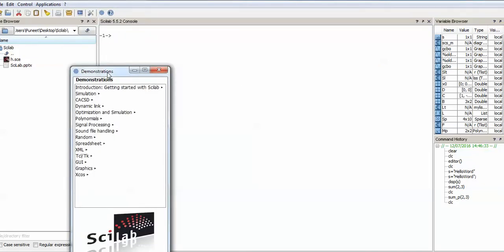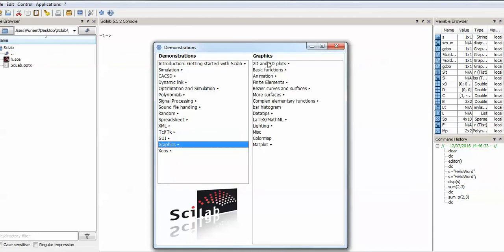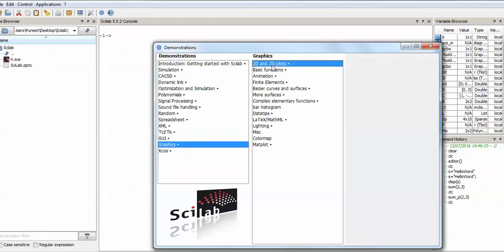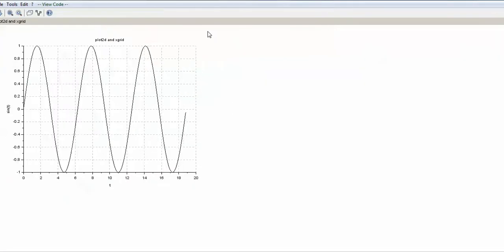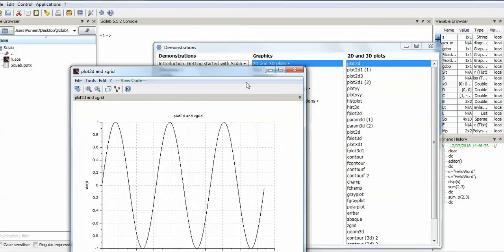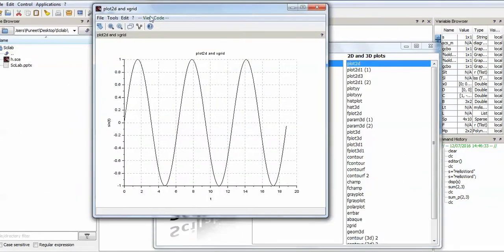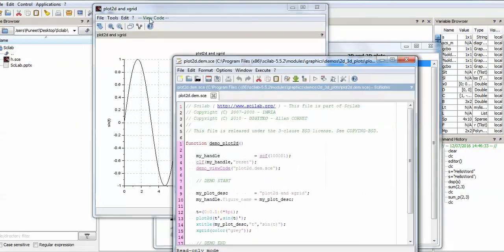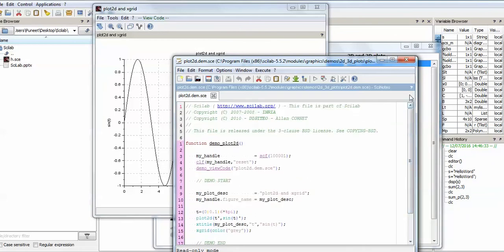If you wish to go for the graphics, you can see that there are several graphics there. 2D plotting, if you wish to plot this, you can see this. You can plot 2D and X rigid is there, but you don't have any code available here. You just have to click view code. Once you click it, you can see this code, and the way it is written is freely available for you. You can write the same code anywhere.